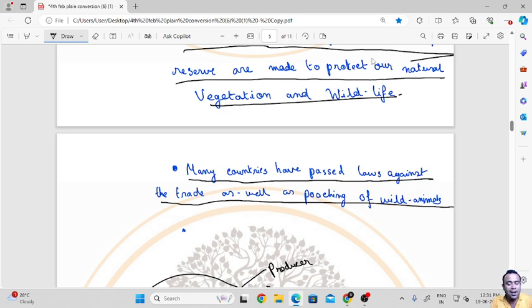So we have to understand that we human beings are at the top of the animal kingdom. If we don't preserve our beautiful nature, it will ultimately turn into grave danger for us only, and it will destroy not only the ecosystem but also our existence, and slowly we will also become extinct.